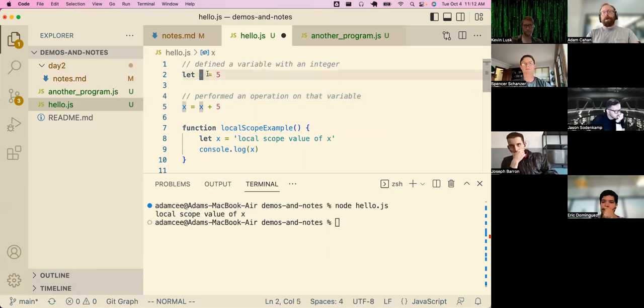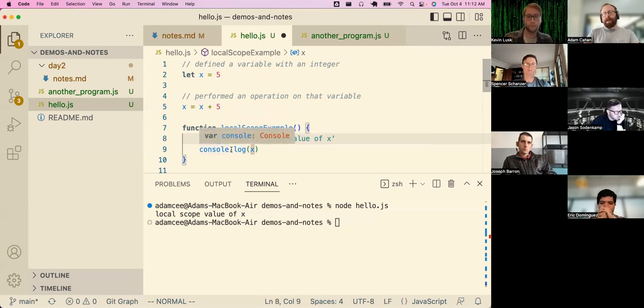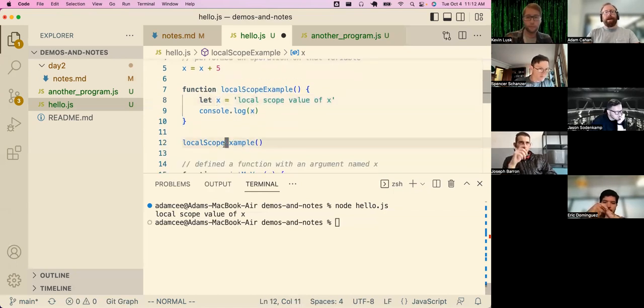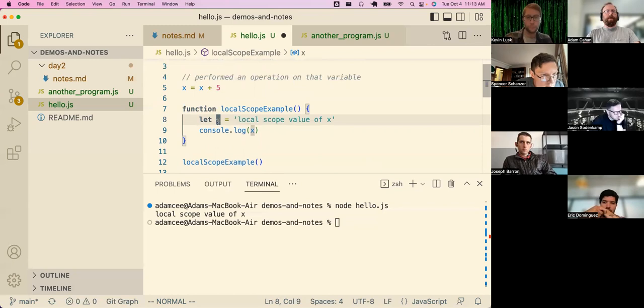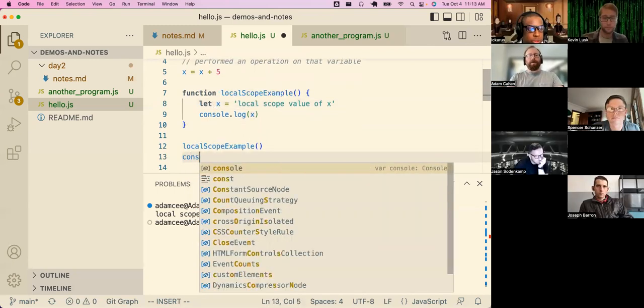We created this variable in the global scope. We declared it in the global scope. We assigned it a value. We reassigned it a value again. And then here in our local scope, we declared another variable with the same name. Then we ran the function, and JavaScript decided, hey, I am going to prioritize the local scope variable. Over here, though, if I now